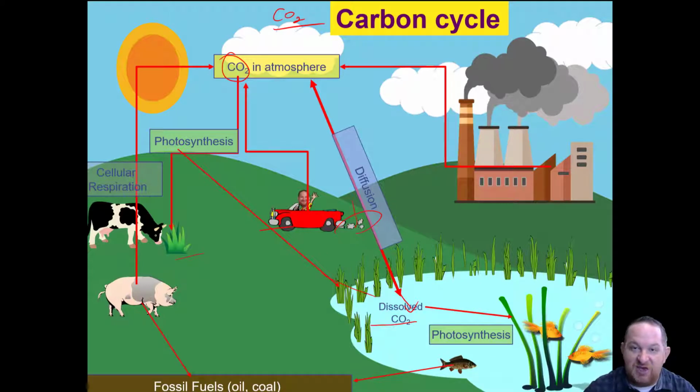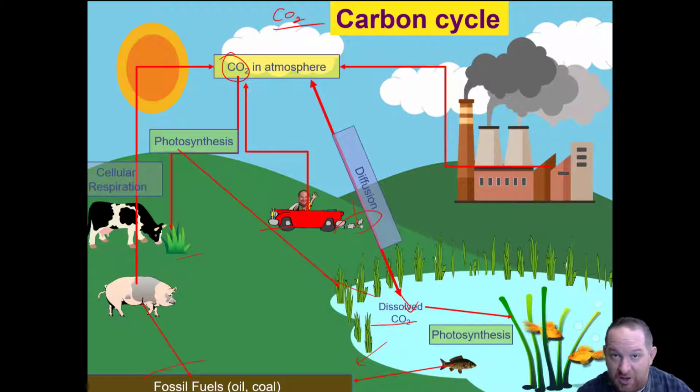Cows, pigs, fish, humans, we all die. Things die. That gets back into the ground. Those nutrients are essentially restored to the earth. Now, over time, many generations, those dead things would become fossils, right?